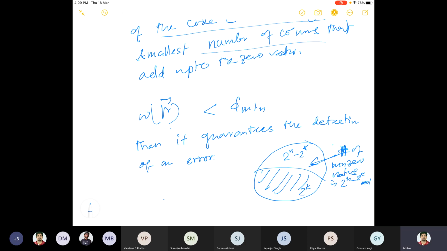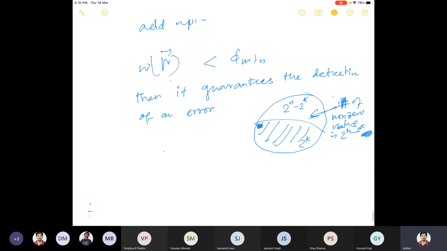Oh, okay, we don't need to take minus 1 again because the 0 is already here. I have subtracted that. The 0 is common because both are vector spaces, so the identity element, the 0 vector, has to be common at least. So there are 2 to the power n minus 1 possible non-zero error patterns. There are 2 to the power k minus 1 error patterns that are identical to the non-zero code words. Now, what happens if n is very much bigger than k?